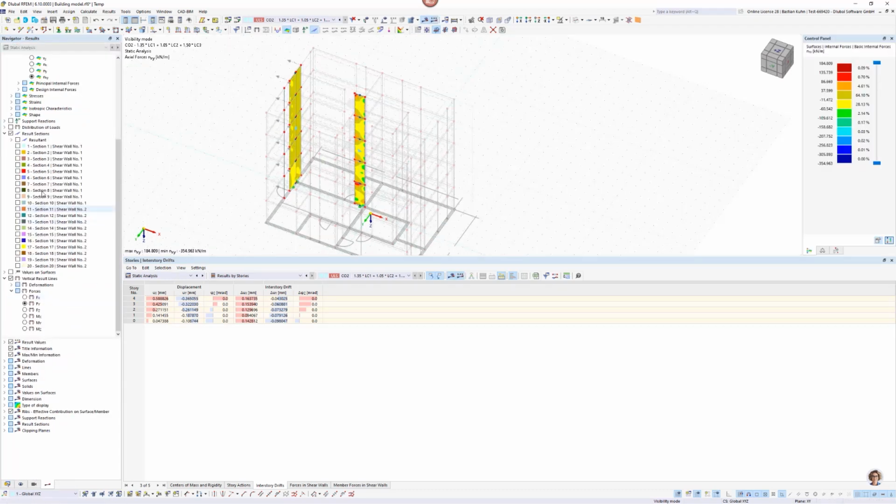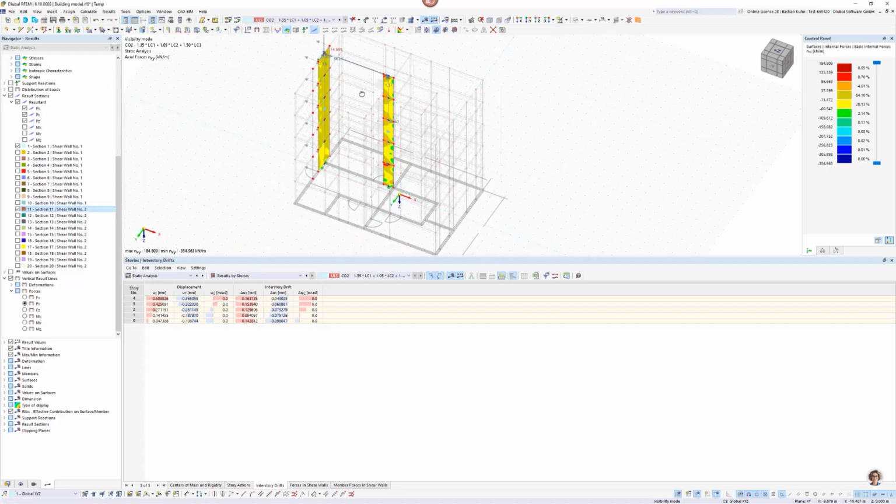And so now when we activate the resultant, and let's say we will choose now maybe the section on top of each of this, oh, sorry, that's the wrong one,